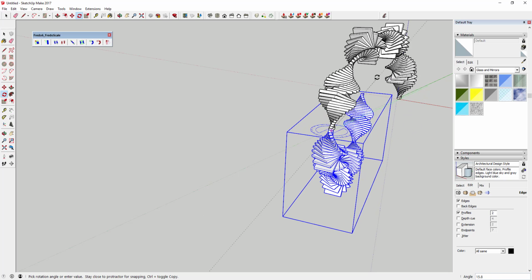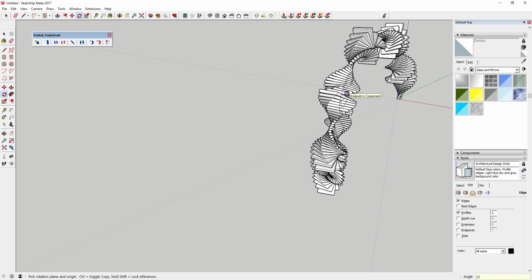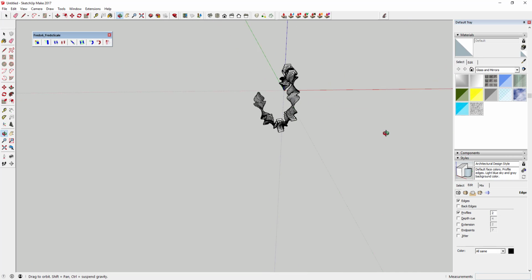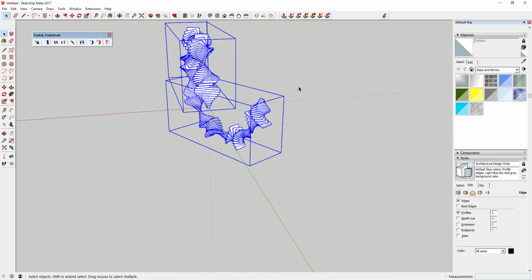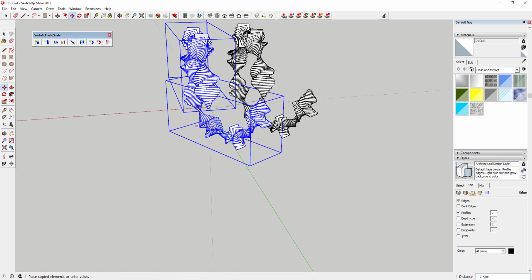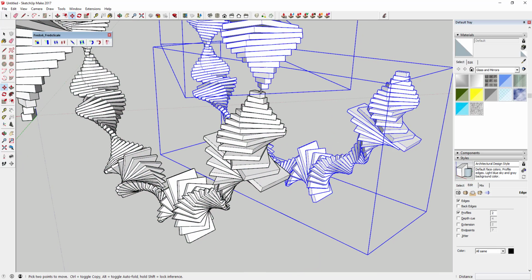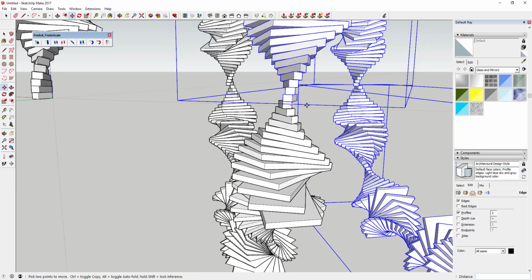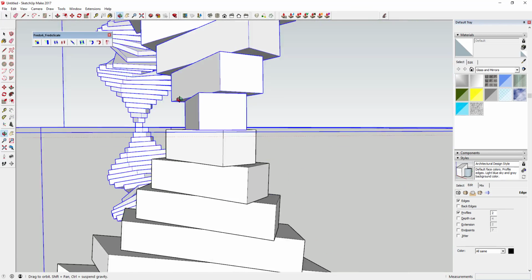And instead of doing that 15 degrees, let's say we wanted to do, we can call it 20 degrees. Or actually, let's make it 30 degrees. So what that'll do is that'll kind of open up our spiral a little bit and make it kind of a bigger, more pronounced type spiral. The issue with that is what this is going to do is it's not going to quite line up the same way. So you might have to come in here and kind of place this. So it might not quite sit in here 100%